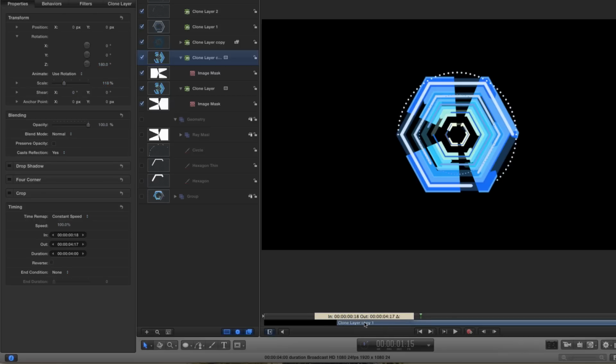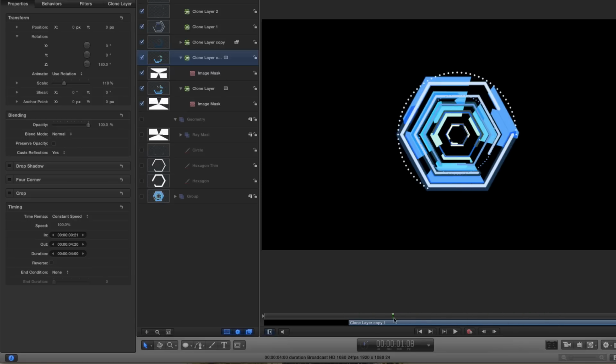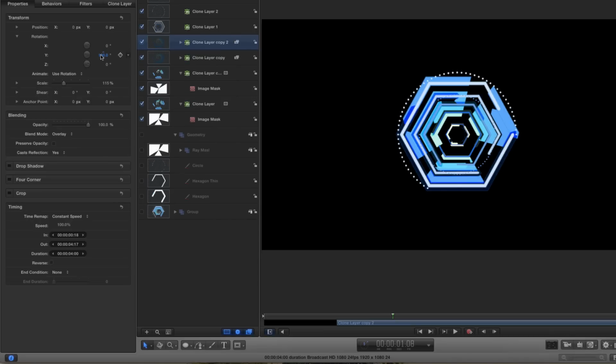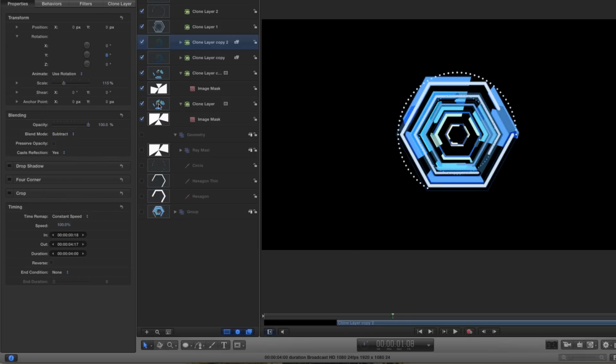I'm going to drag it forward a few frames till we've got something we like the look of. There you go, quite like that. So that's really not too bad. I think I might take this layer here that we created an overlay with, right click, duplicate. Again, let's undo that Y rotation just so we got a bit of variation, and let's try that subtract trick that we were looking at, and just play with the scale just a little bit.